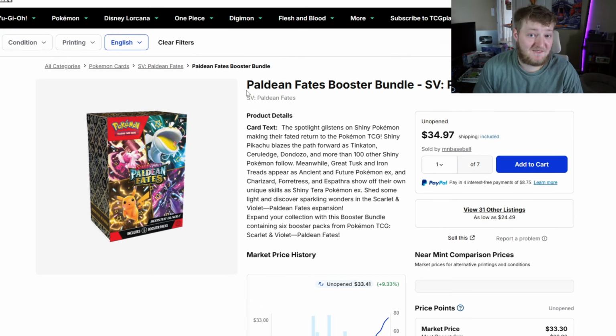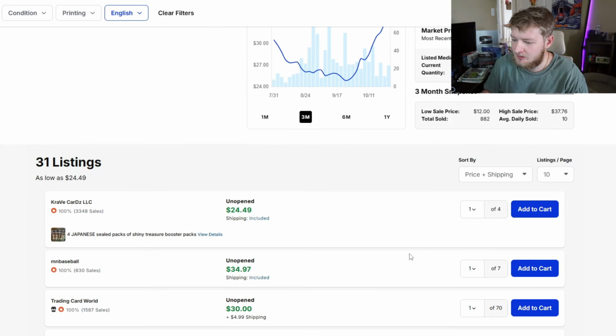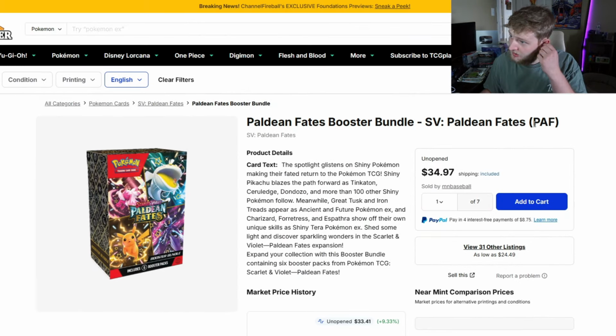Next up, Paldean Fates booster bundles. These are up a little bit. Market price 33. There are some people selling them for like 30, I think. Like here's 30 plus $4.99 shipping. I don't know if you can get free shipping on a certain amount of money, but I like Paldean Fates,